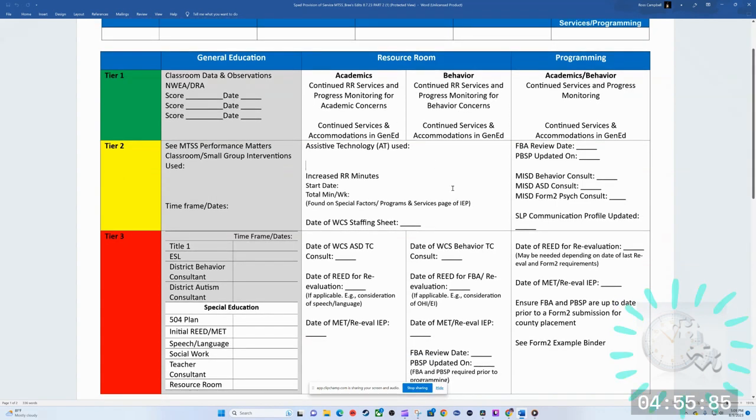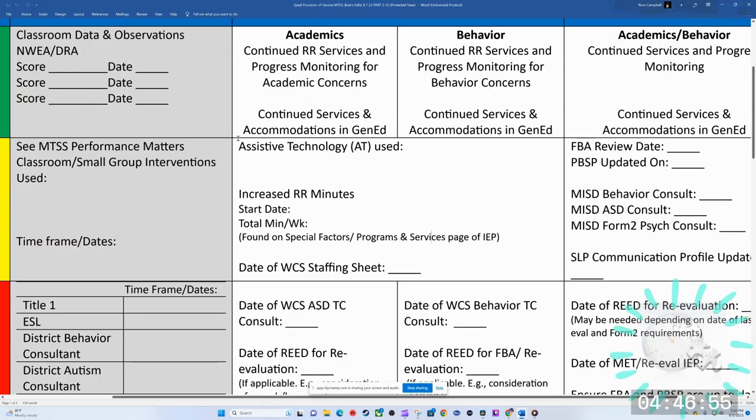But let's say that's not enough and the student needs more. What are some Tier 2 type options while a student is in resource room? At this stage, it's important to then consider if assistive technology is being used. And also, we would need to look into increasing resource room minutes. Increasing resource room minutes or maximizing resource room minutes for a student should be considered first before moving on to